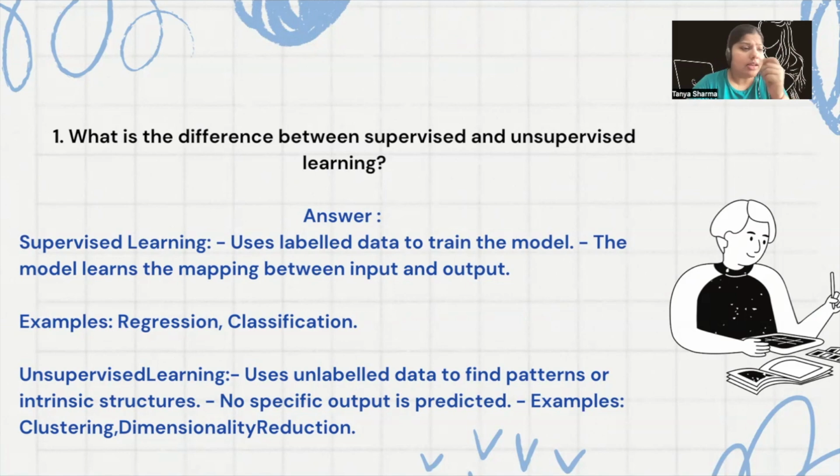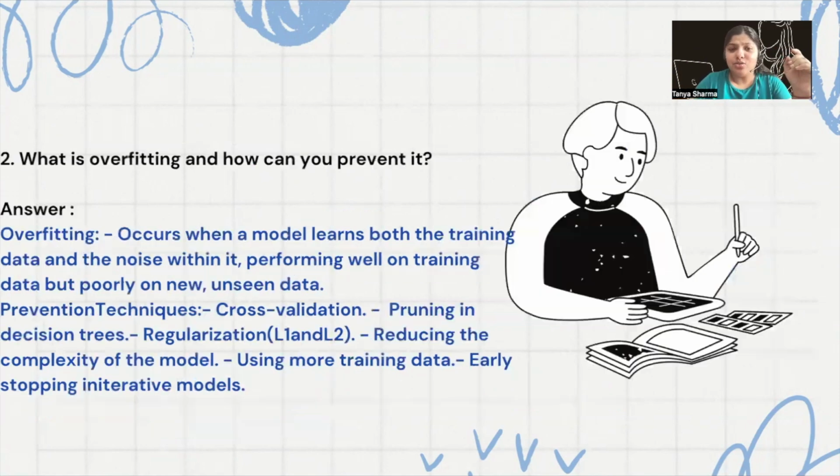You can take a real life example. Let's suppose you purchase a cloth from Shoppers Stop. You have a tag, the pricing. But if you go and grab it from any normal shop where you see the clothes on a table and you pick the one without any label, any price, or any brand, that comes under unsupervised. So let's go to the next one.